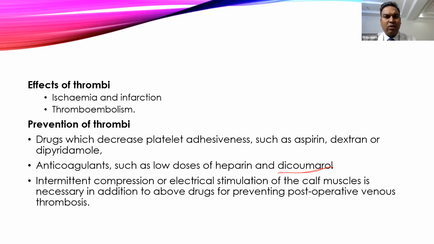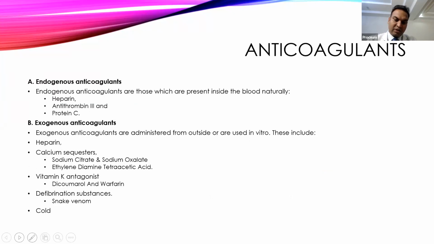Then if thrombosis is occurring because of stagnant blood flow in the blood vessels, what we can do is use intermittent compression and decompression therapy. There is a sock-like structure. We put it on the calf muscles, and electronically we can compress and release, so that it increases the blood flow in the calf muscles, and that will prevent blood coagulation in the individual. This is usually used in conditions like post-operative thrombosis. So the patient is bedridden. In that condition, we use this calf muscle compression.